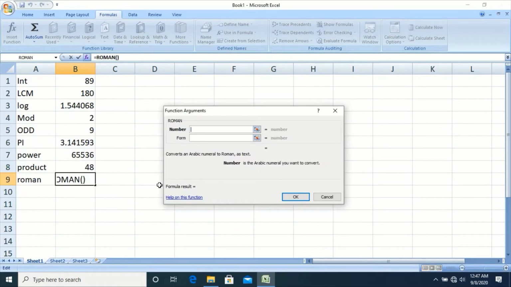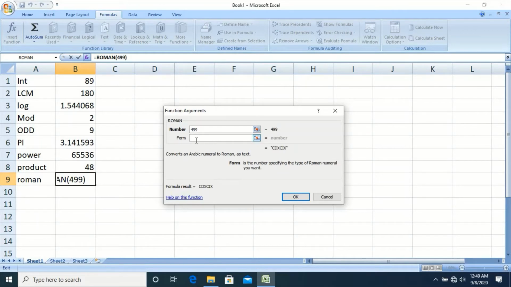If we want to convert an Arabic numeric value to its Roman equivalent value, in that case Roman function can be used. It has two parameters, number and form. Number is the value which you want to convert in Roman.